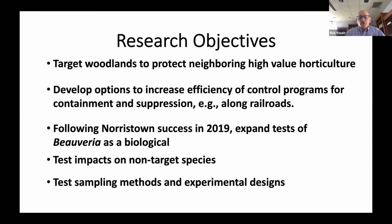We were following up this research after success at a trial in the Norristown Farm Park near Philadelphia with Beauveria bassiana, where we did a very early trial based on some of the results produced by Eric Clifton and Ann Hajek from Cornell. We agreed to try moving directly to a large field trial with Beauveria. In this area, we had a relatively small number of replicates and went with a split plot design because we just had two treatments, the treatment and control. And we were able to demonstrate about 50% suppression of nymphs in our trial,